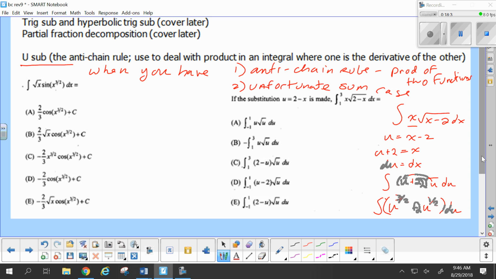In a definite integral, do you have to sub back? As long as you change the bounds, no. You change the bounds for u and you do not sub back. All right, so